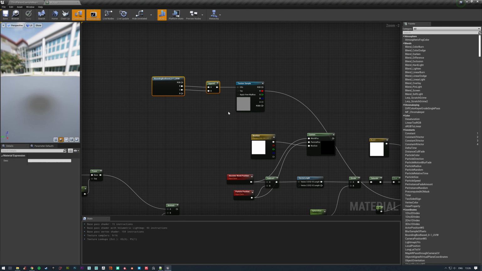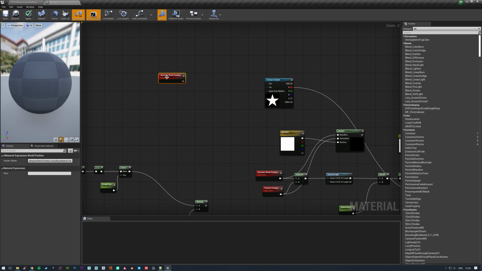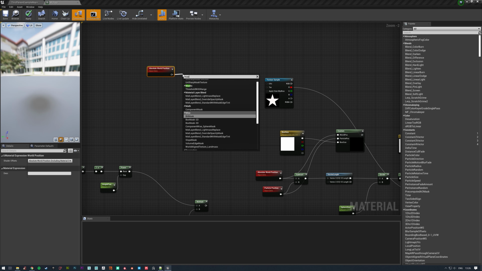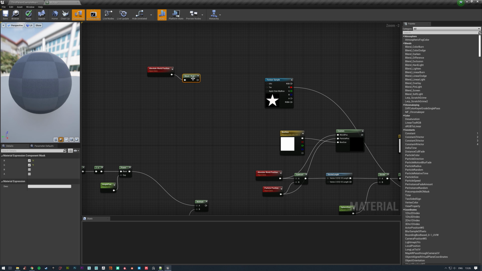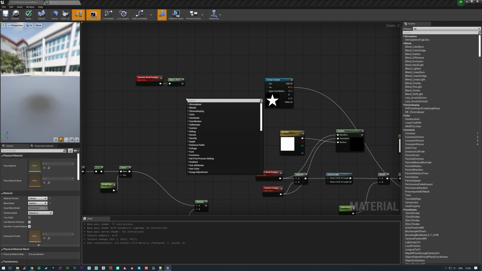We'll use world position. So to do this, we will once again take our world position. We'll mask out the red and green channels because we only care about the top-down perspective here with a 2D texture. We can then apply a height-based fall-off, if you were using a star shape, for example, to modulate the Z component. So we take the R and G, and what we want to do is find the